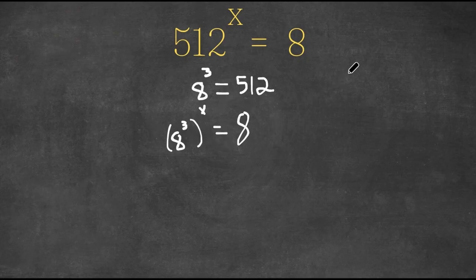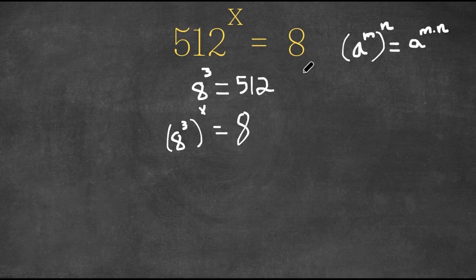Now, if we have something in the form where we have a to the power of m to the power of n, and this is an important property for exponents, this is actually equal to a to the power of m times n. So 8 to the power of 3 to the power of x is equal to 8 to the power of 3 times x, which is simply equal to 8 to the power of 3x, because 3 times x is 3x. So now we have 8 to the power of 3x